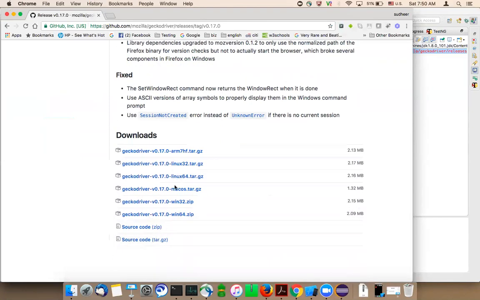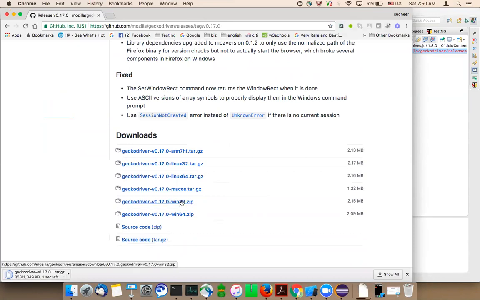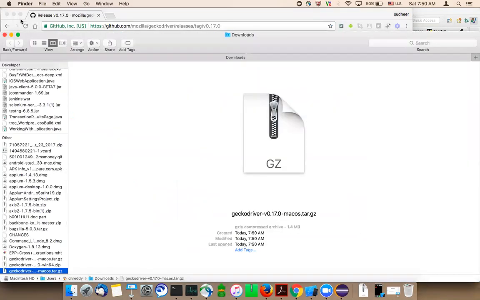I'm using a MacBook, and there is only one file which I'm downloading. If you're using Windows, it depends on which version of Windows it is, 32 or 64 bit. You need to choose the right one. Most of the time it will be 64. If you bought the computer in the last 3 years, definitely it will be 64.